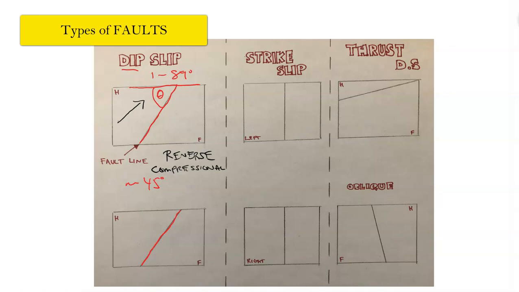Then you have the opposite way. The hanging wall will go down. This is called a normal dip slip. Now this is caused by the opposite kind of stress applied in a different direction. So it'll be our tensional stress, where it's being pulled apart. So this would cause a graben, this would cause a half graben, this would cause a rift valley. This would be part of the Wilson cycle and how oceans form through rifting and breaking apart of crust,